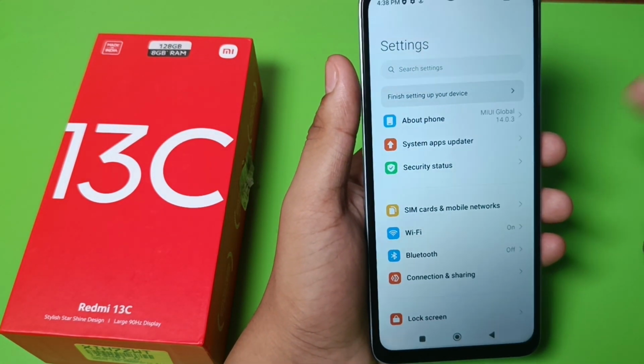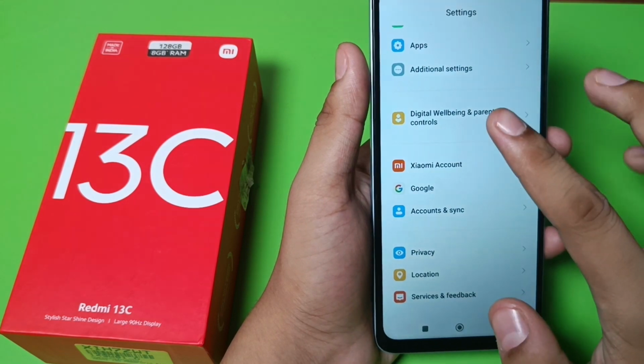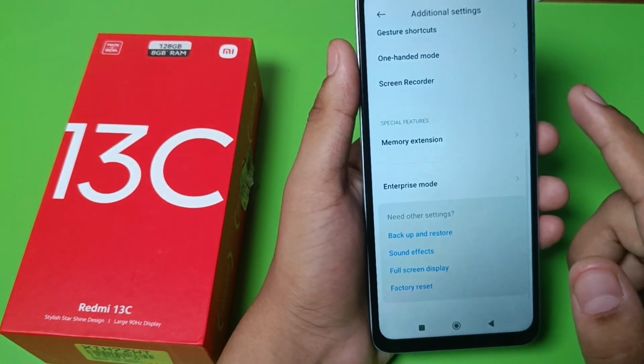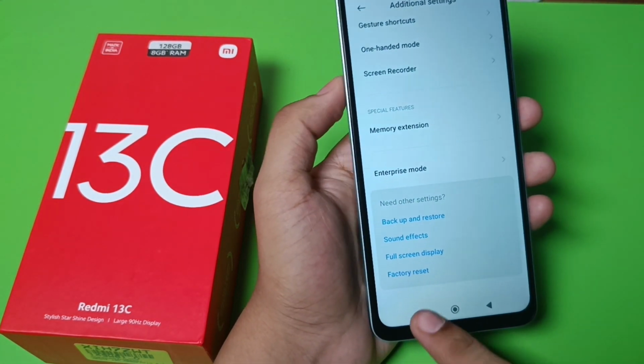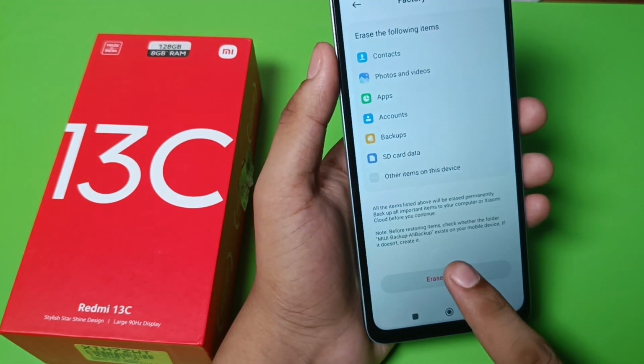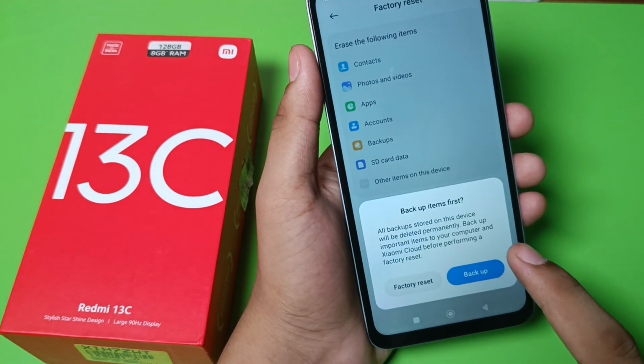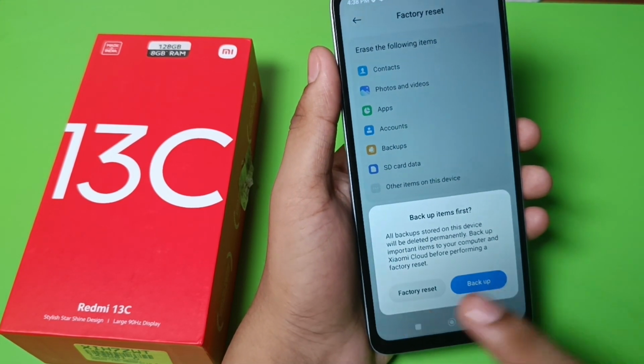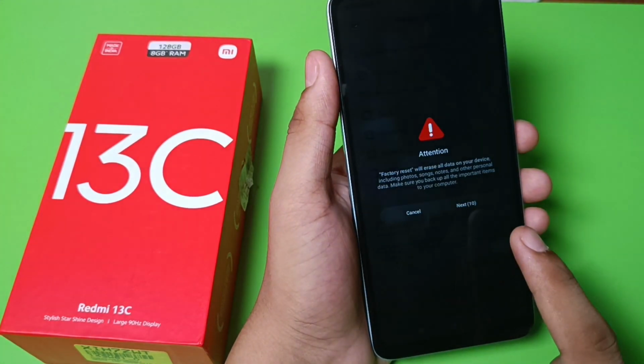First you have to open settings, swipe down, and you can see additional settings. You can click on factory reset, click on it and you have to just erase all your data from here. Click on factory reset and